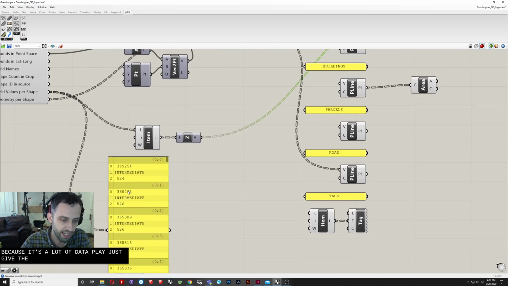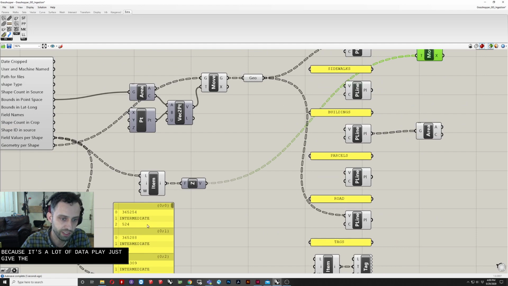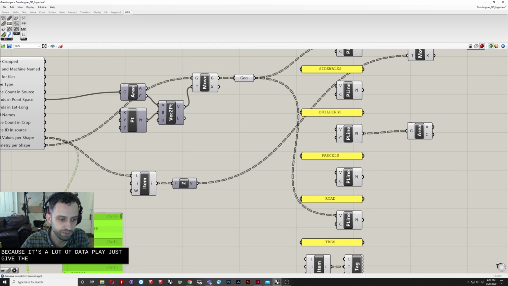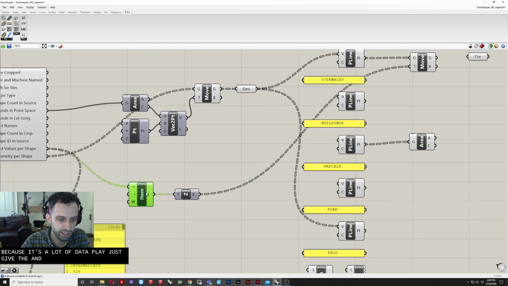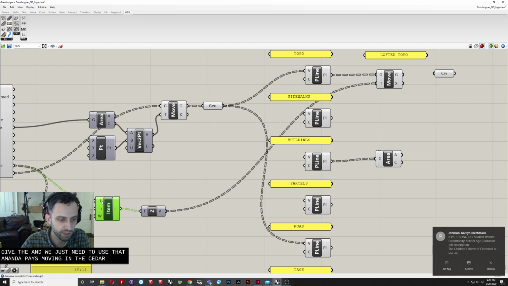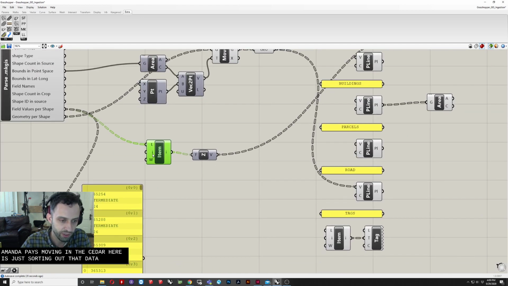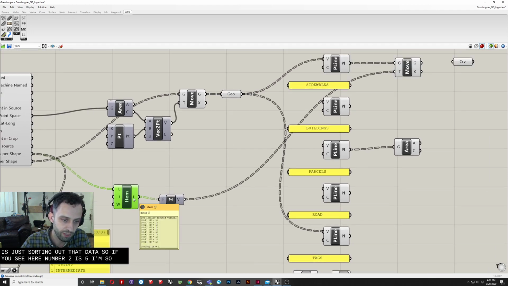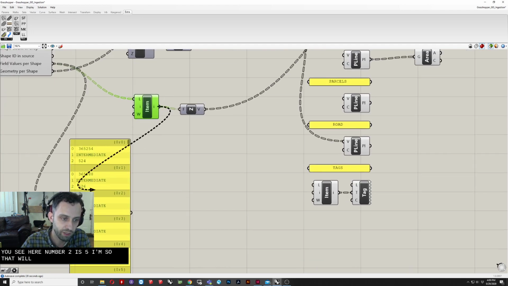Essentially, it just gives the height above sea level for each one of the topography lines. And we just need to use that as a movement, in this case moving in the Z direction to lift things up. This little command here is just sorting out that data. So I've opted to use number 2. If you see here, number 2 is 512 or 524, which is just the height above sea level. This little item command here just makes that data list look like